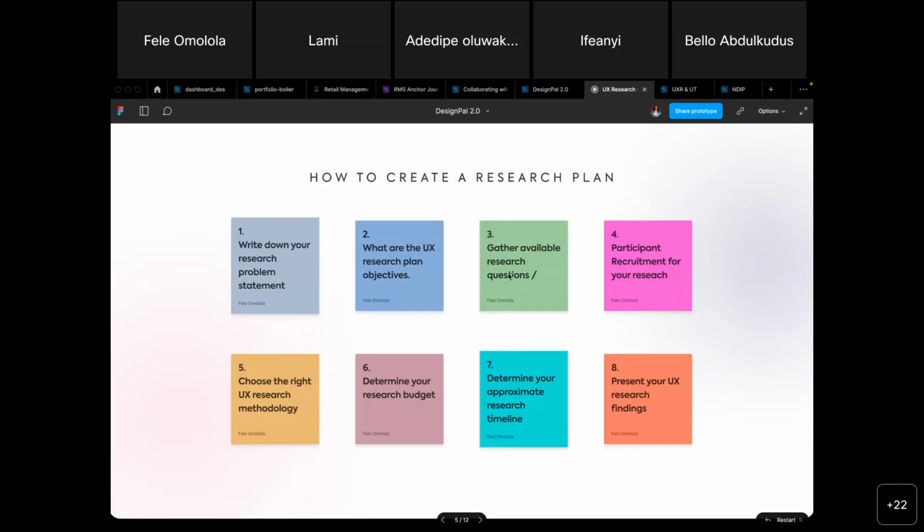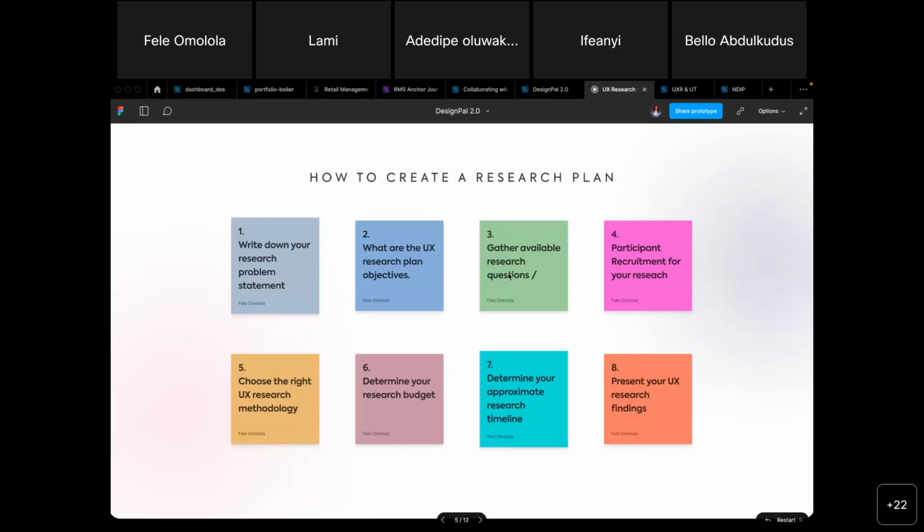Try to document all of this. You can even have it as a user persona, right? I know a user persona includes all of these: their image, their biography, their demographics, everything about them. You understand? It's just for you to be able to understand their behavior, their needs, even their goals, what they're expecting, what their pain point is. Do you understand? So it's very, very important when it comes to your participant recruitment. The next one is